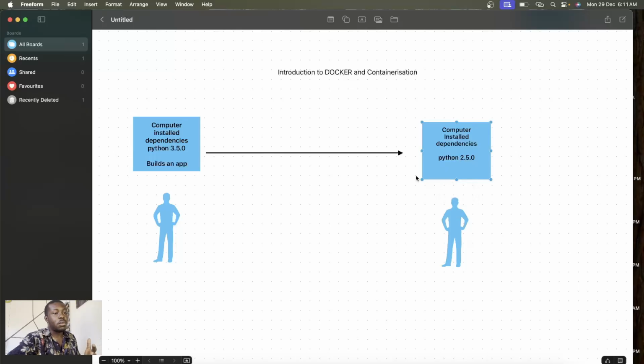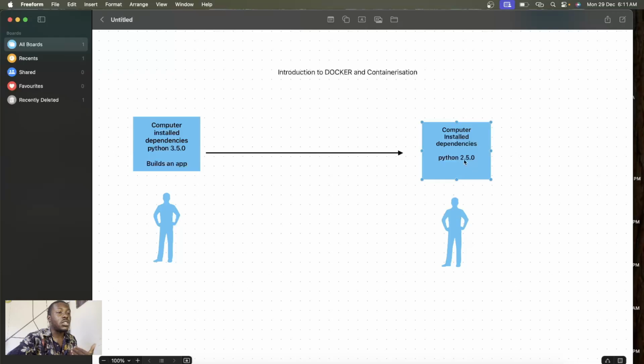Now, like a no-brainer, you would think, okay, this developer just needs to upgrade his Python to 3.5 and it will be good. That's okay, but for example, this developer may have his own application that is building, which made him use 2.5, right?